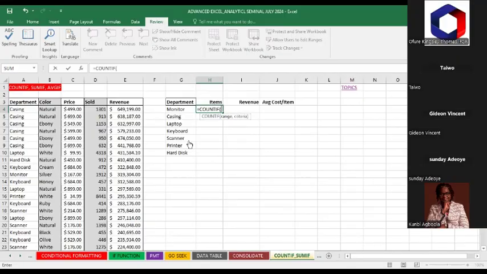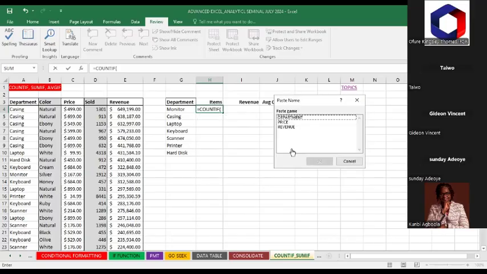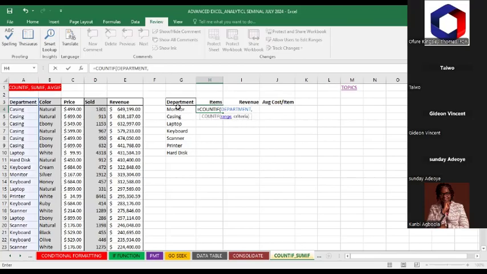Then it's telling us the range. Instead of us coming to this place to find the range, we'll put department. So I click this one, click OK, and it will select it into the formula. Then press comma and set the criteria. The criteria is monitor. I'll click this monitor, then click enter. When I click enter, it shows me the number of